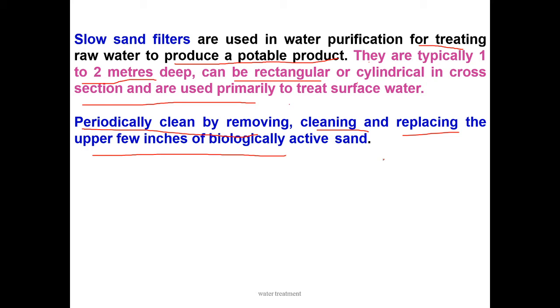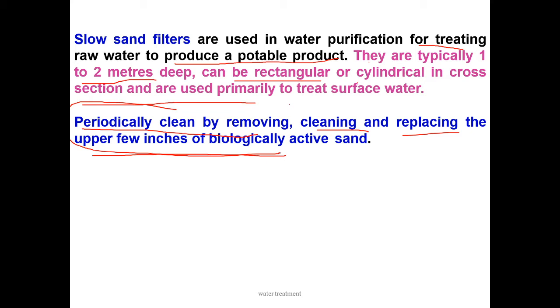So this is the cleaning process. You are continuously doing the filtration process. Then automatically what will happen? All the sediments, all the floc will settle in the filter media, that is sand. So if you don't clean that filter media or that sand bed, what will happen?